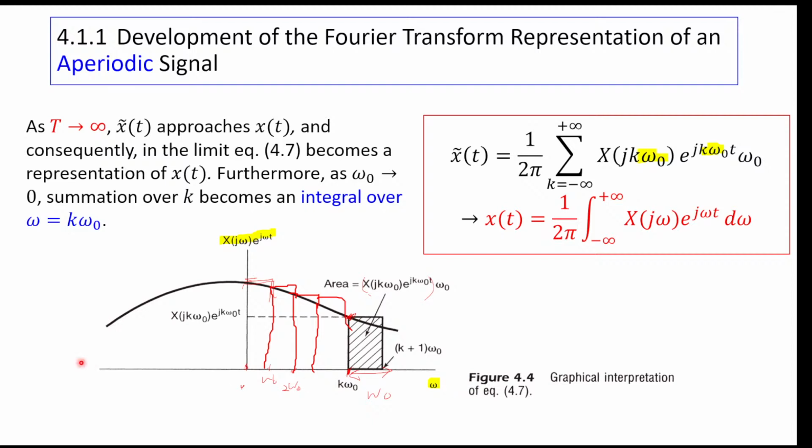At every omega naught you are sampling this function and calculating the area of those rectangles. The height is this big X times e to the j omega t at omega equal to k omega naught. For example, at some k omega naught, we have a height being this value here, and the width being omega naught. So the summation is summing over a whole bunch of rectangular areas here. And then you see that as omega naught goes to 0,